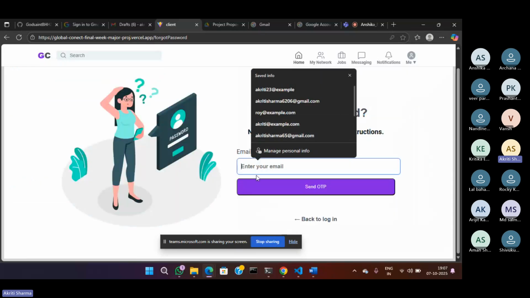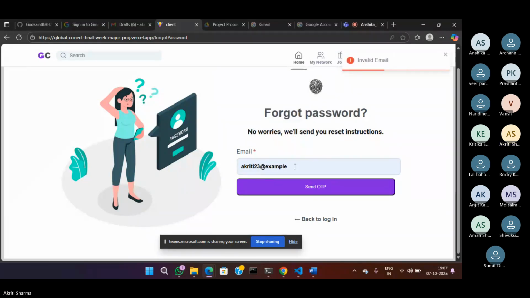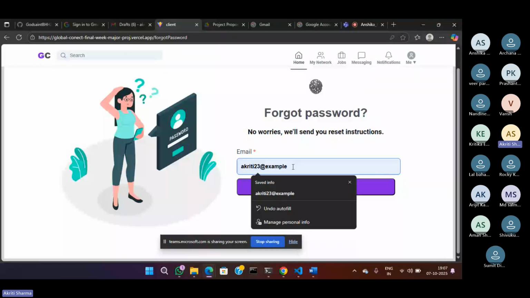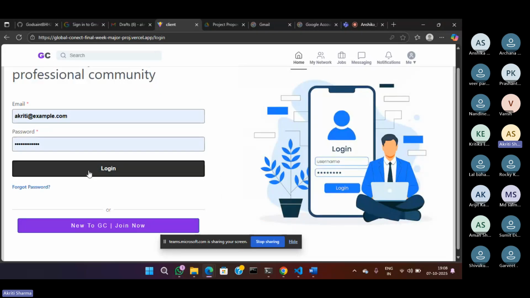If we enter the email in this section, it sends an OTP to the user. It is a dummy Gmail account, so it will give an error. We have the functionality to enter the email ID, and then it sends the OTP to the Gmail account, and then if we want to create a new password, we can create it from this section. So I simply log into this account,